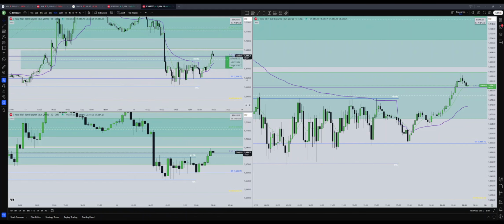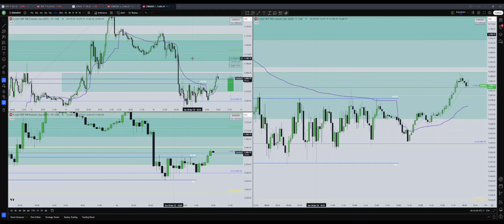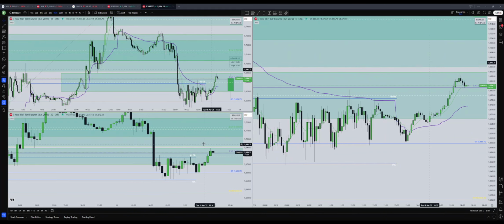So my level going into the morning, the line in the sand or bull bear line, would probably be right around this 5,700 to about maybe 5,695 area. And so I wanted to see this hold initially and rotate back up to this prior day high. But once we saw this aggressive sell right here, I'll go over the first trade that